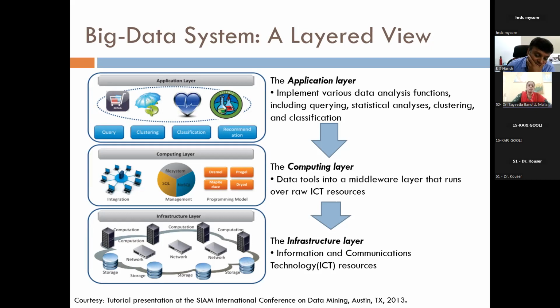Sir, the output from one layer will be input to another layer. So we have to finish one layer's work, then go to the next layer. You're absolutely right. Okay. So it is all interconnected. If you have 10 layers, layer 1, layer 2, layer 3, layer 4, layer 5, all layers are interconnected, and the lower layer works as a service provider to the upper layer, and the upper layer accepts the services that are offered by the lower layer.